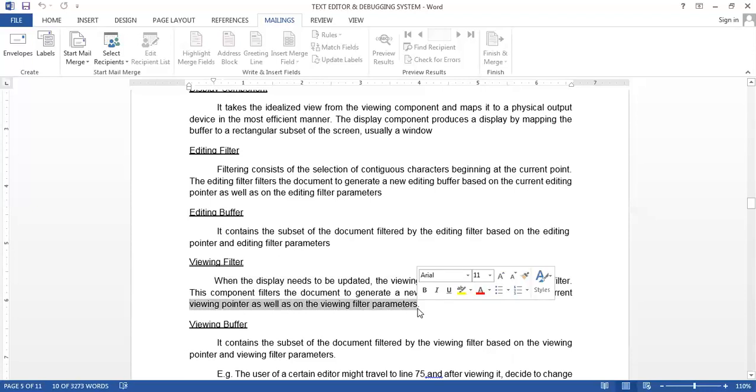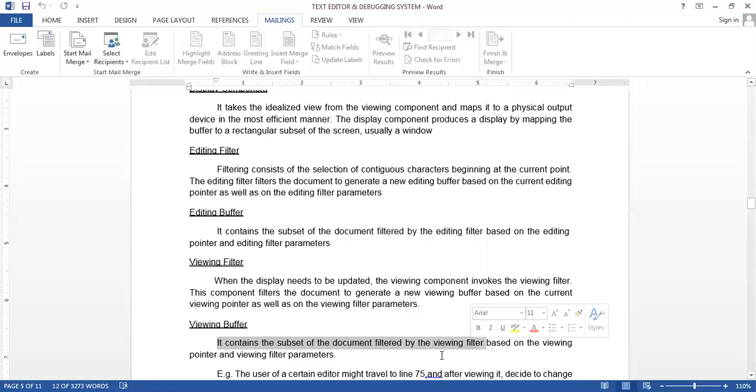That is, where it currently is and what new things we have filtered that we want to view. Then the viewing buffer contains the subset of the document filtered by the viewing filter.